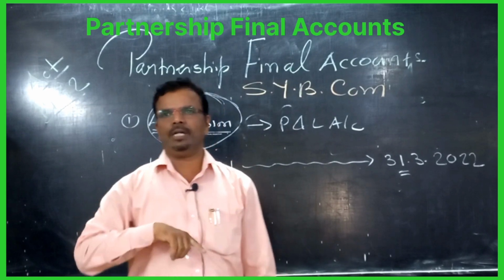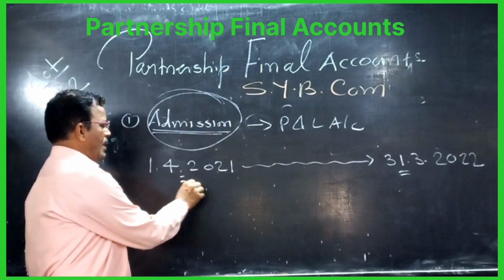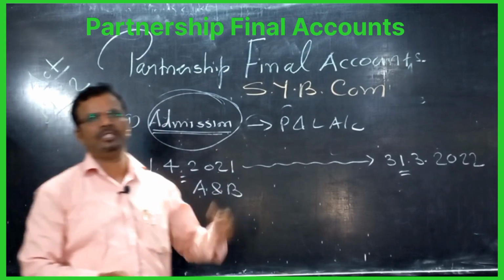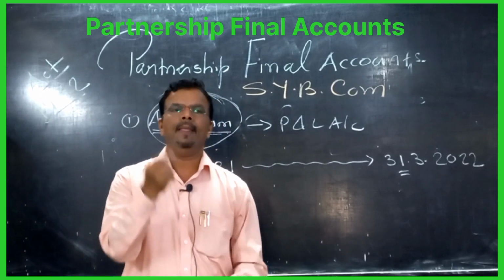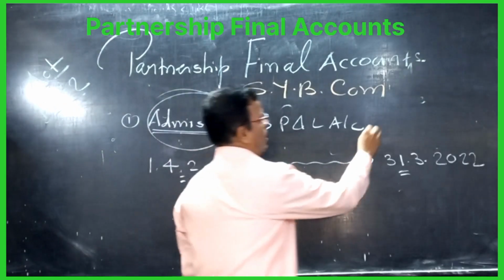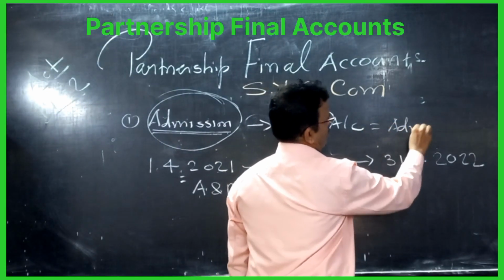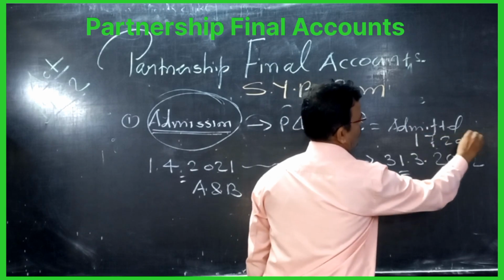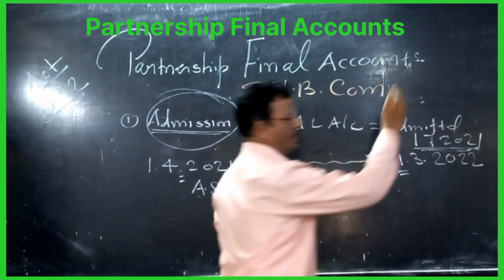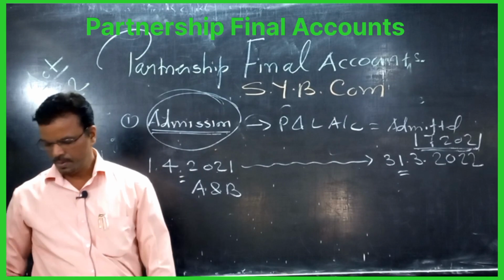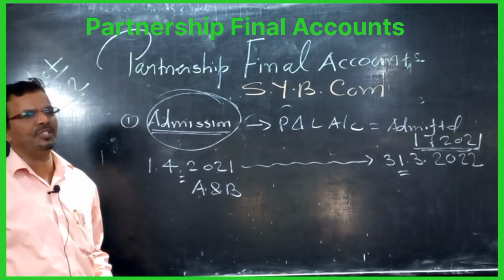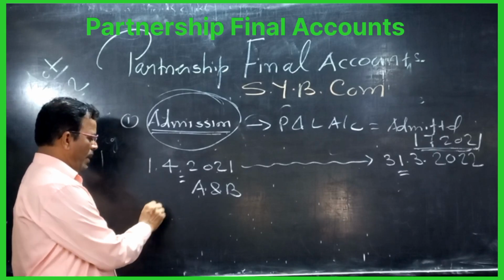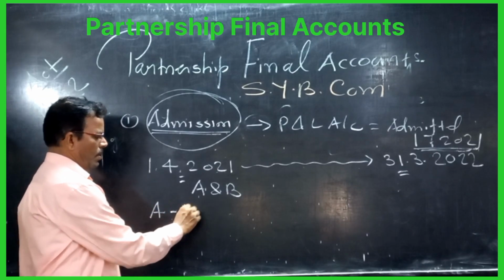What will be the condition? Take an example, starting there, how many partners? A and B. Their financial year starts from 1st April, and a partner is admitted on 1st July 2021. Now let's see why our format will be changed. So starting A and B. So I'm starting from April, May,